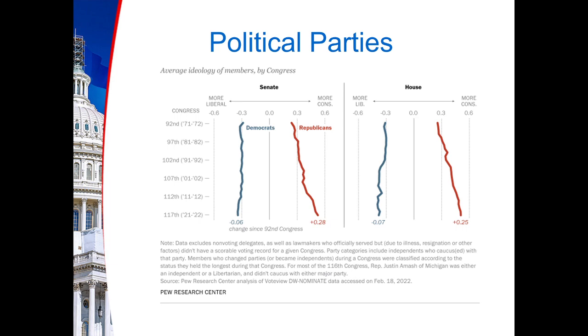And this is translating to the American people. What we find is that the American people are becoming more polarized in their views. While most of the electorate is moderate, most of the American people are moderate in their views, the polarization that's happening in Congress seems to be translating to the American people, and the American people are getting more polarized. And what this means is that elections are going to become more conflictual and tense, and that will lead to very tense elections in the future as well.